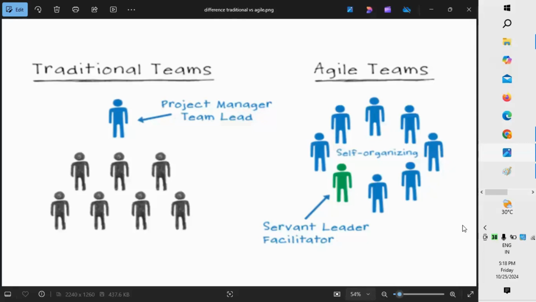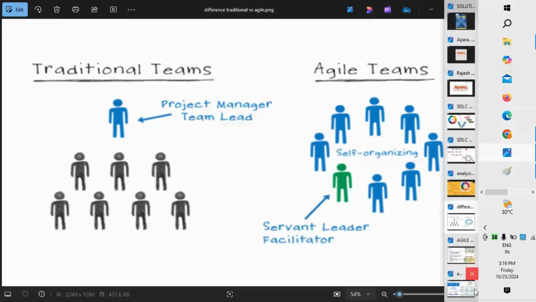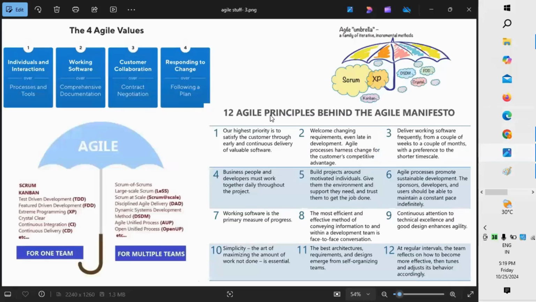So from the agile point of view, if we are going to be in an agile team, it's always important for us to understand the agile manifesto. This is what the agile manifesto stands for. You can see here manifesto, or else I can call it values also, agile values or manifesto. Normal agile values or manifesto will be of 4 points.